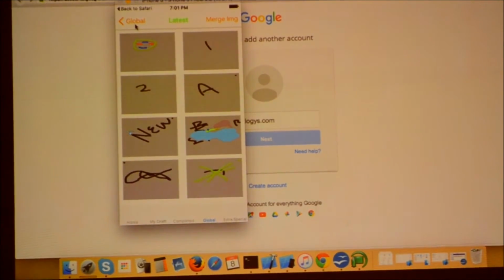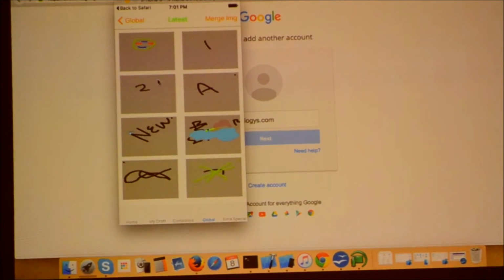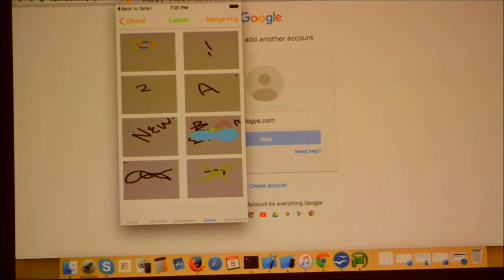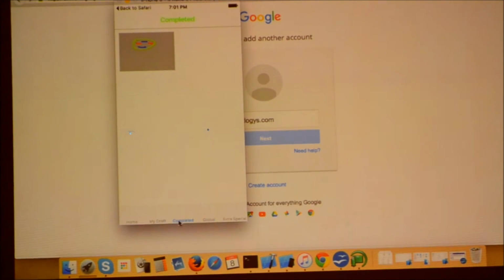Here you will see the global, all those images created by all the users who are in this Firebase application, who are registered in Firebase. So these are the images for every user.